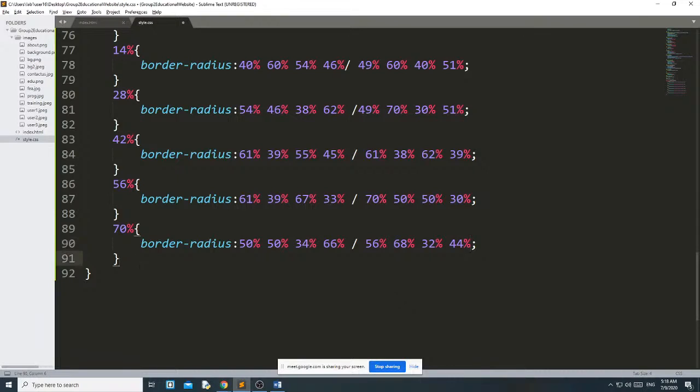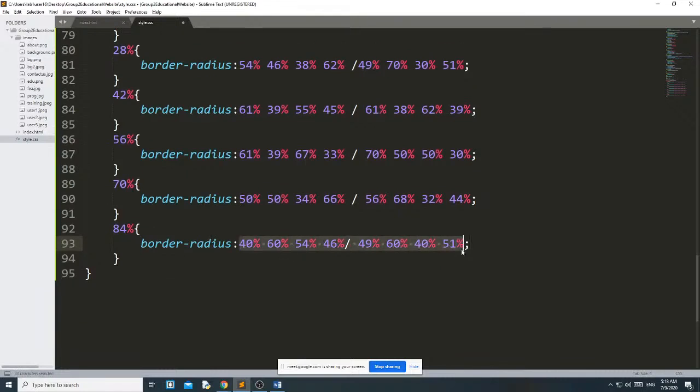Till 84% it will maintain the same, and at 84% I want to change the border radius. This is the last one: 46%, 54%, 50%, 50%. 50% is actually the round circle. Okay, then 35%.